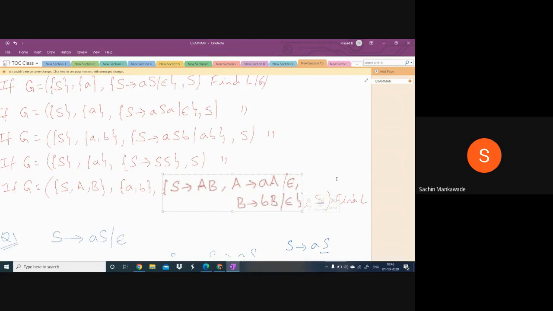So most probably Monday morning I will start the push down automata. Tomorrow the grammar will be completed. One more concept is there, context free languages. That is a small topic. If it is finished or if it is not finished, by Monday it will be finished. So most probably Monday I can start the push down automata. So Monday, Tuesday, Wednesday, those 3 days push down automata will be completed. If I can complete the push down automata, by the next week I will complete the TOC, that is theory of computation.